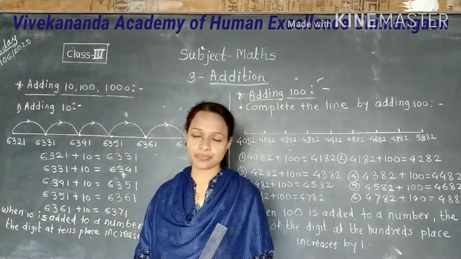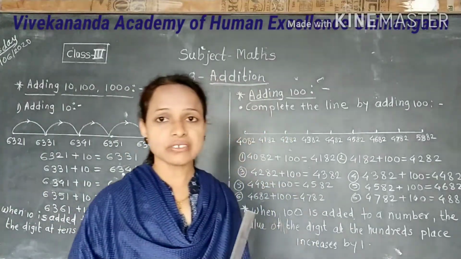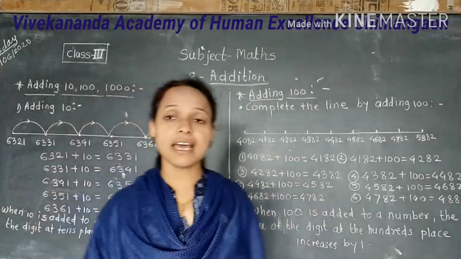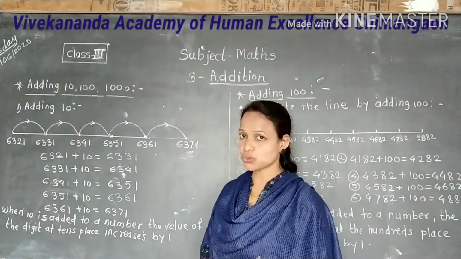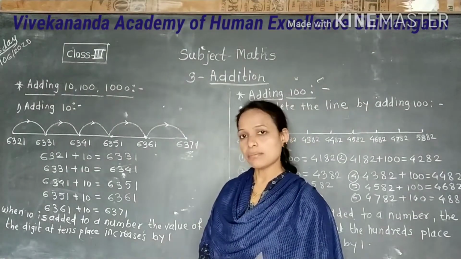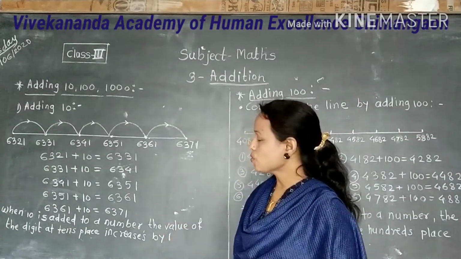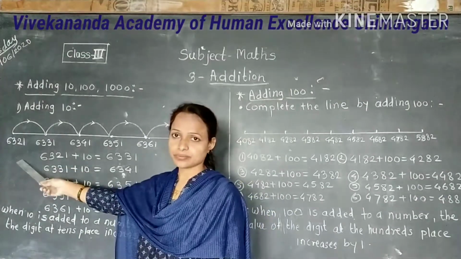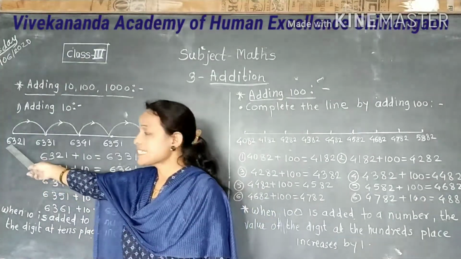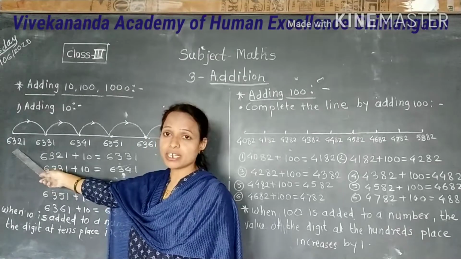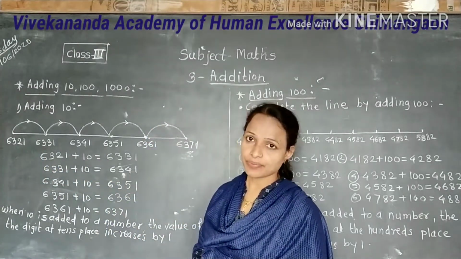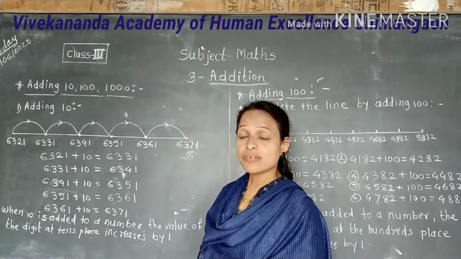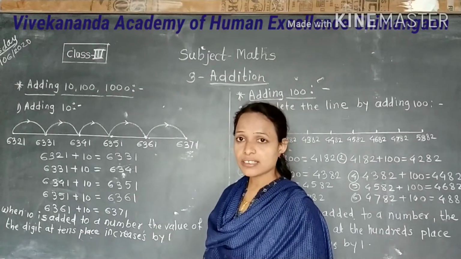adding 10. Listen again. What question do they ask? Complete the number line by adding tens. Through an example I will show you how to complete the line by adding 10. So look here, the first number is 6321. First you have to draw a number line. In the number line, the first number is already given,